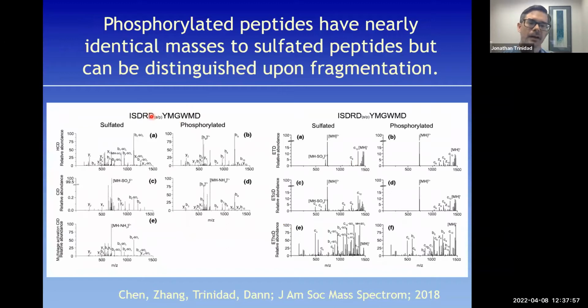We've done some work with tyrosine sulfation that has a mass very, very similar to that of phosphate. What we're demonstrating here is that using a variety of fragmentation types, so standard collision-induced dissociation, a higher energy version of collision-induced dissociation, something called multi-stage activation, where we try to fragment both the precursor compound and intense fragment ions in the same scan. We can do that. We also have the ability to do what's called electron transfer dissociation, which often keeps labile